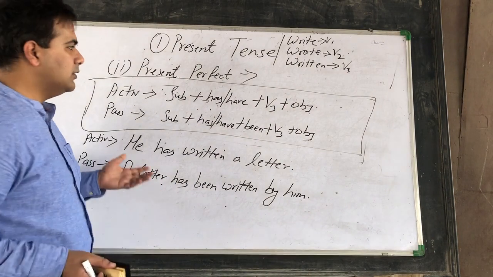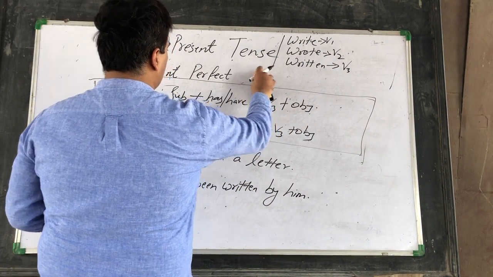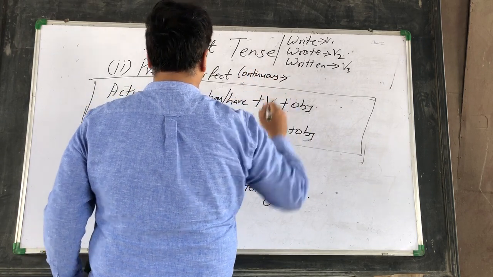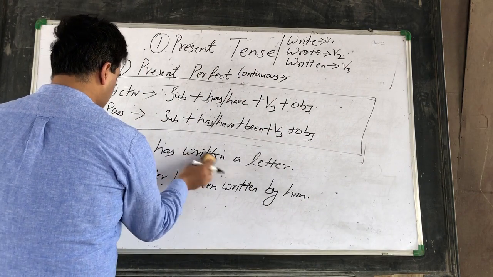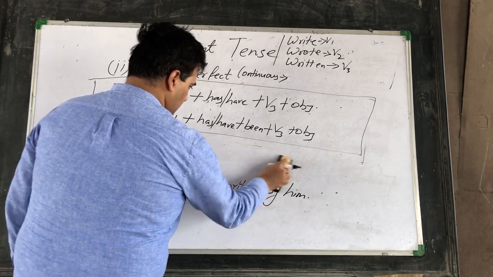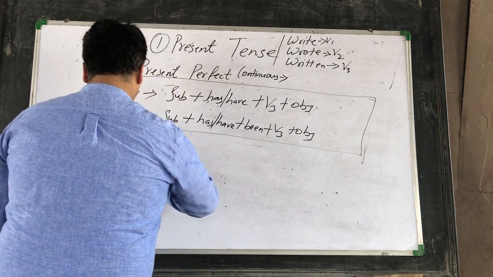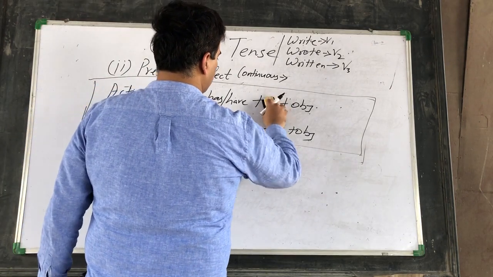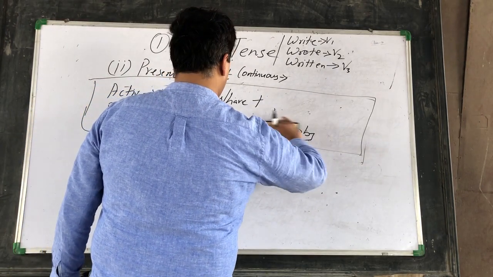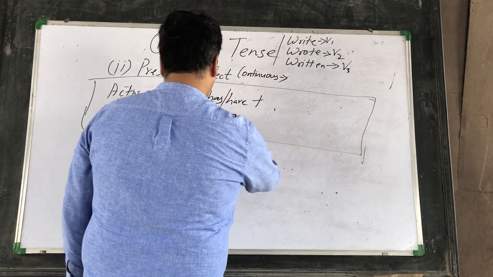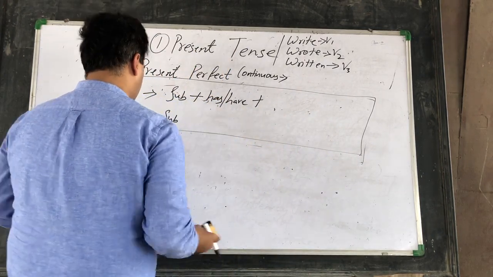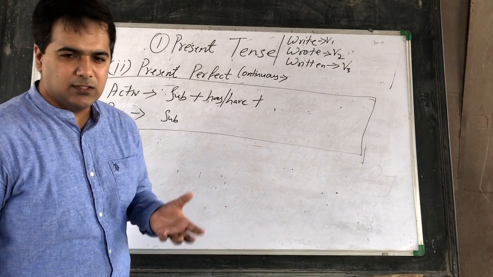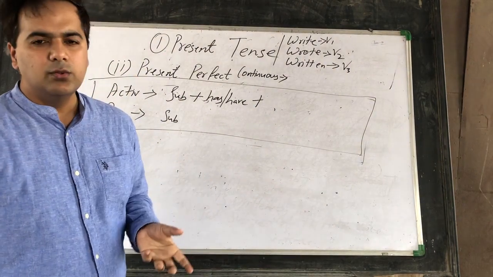Now let's move on to the next tense, which is present perfect continuous. See, present perfect continuous tense is used for telling you that